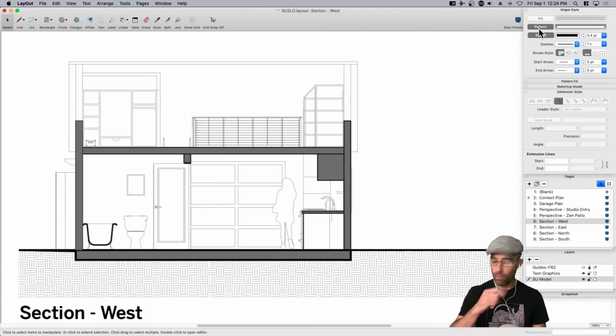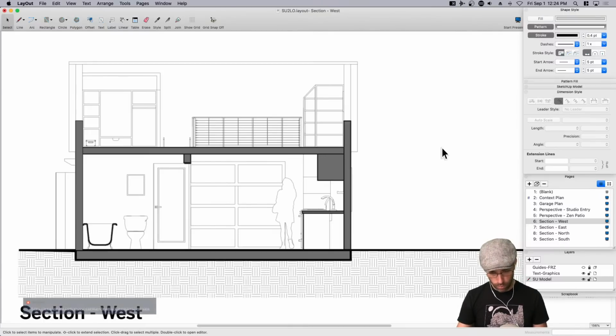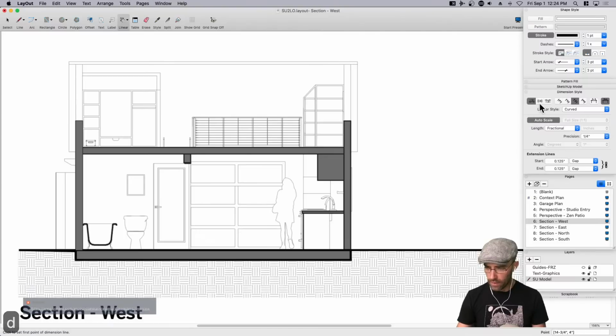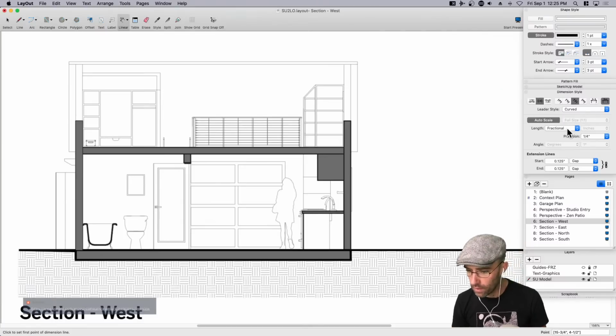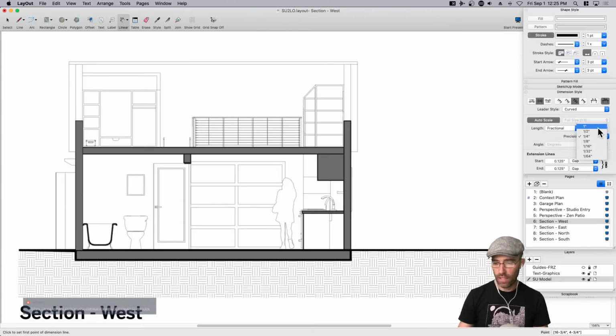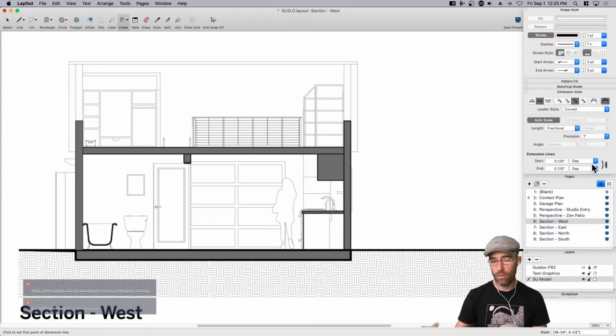So Aaron, help me with what we think we need to call out and what we think we need to dimension. What I wanted to bring up is the same thing with a stroke style and pattern style: I can set the dimensions, depending on if I want to change the units, the gap, or the precision. On a project like this, I would push the precision up to the nearest inch, usually, because we're not talking